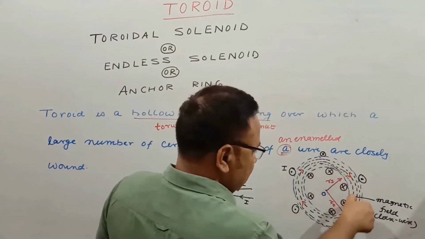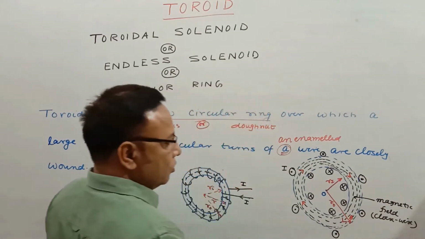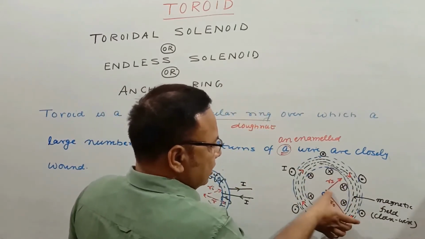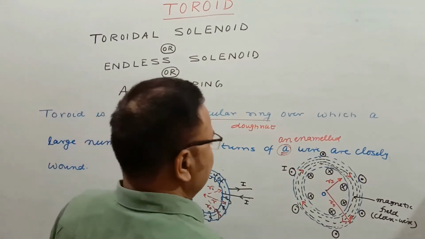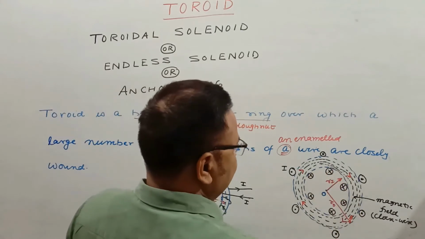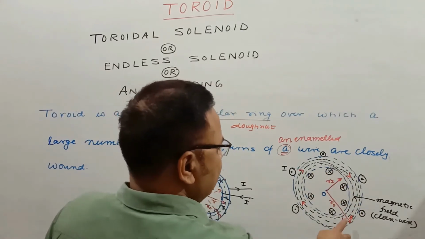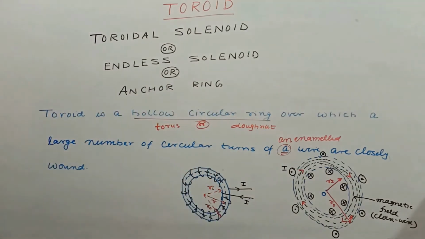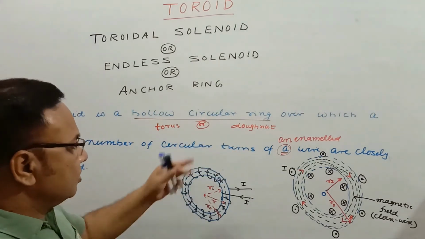It is confined within the core of this. So the magnetic field is clockwise, that is shown. This is the inner radius or inner edge, and this is the outer radius of the core. Within these two, the fields are confined. Let the magnetic field be of magnitude, strength B. Current is I.